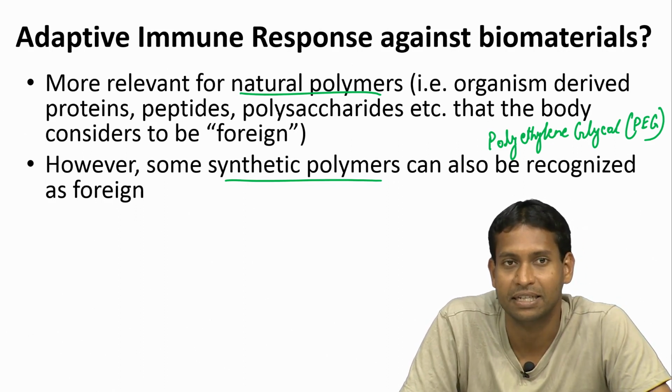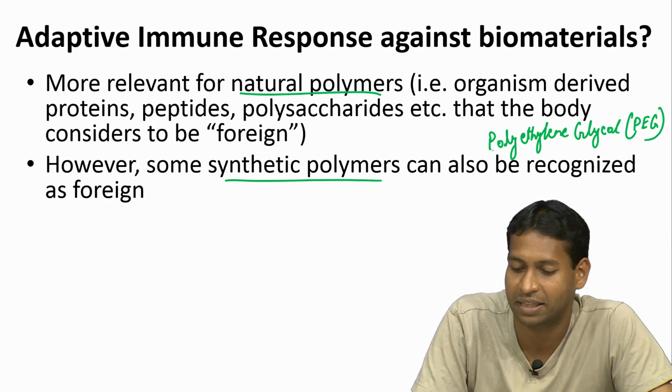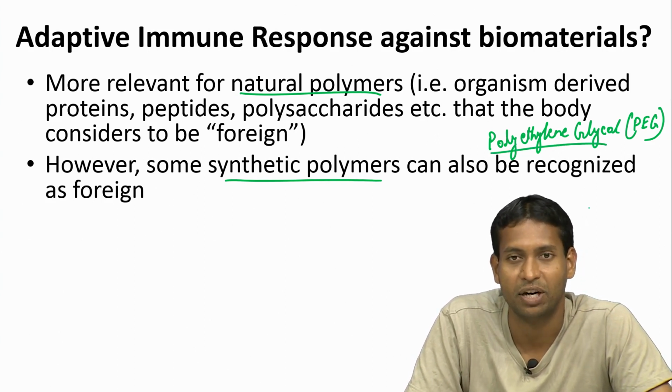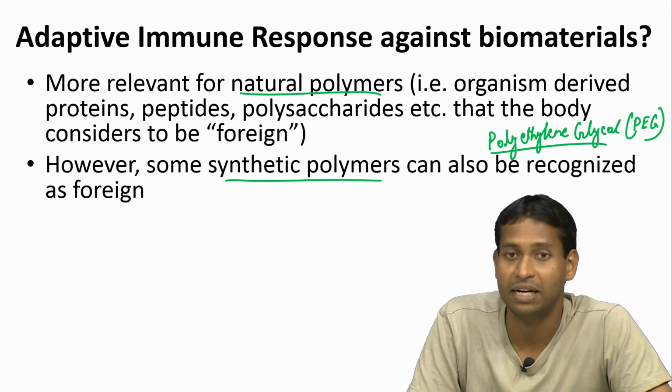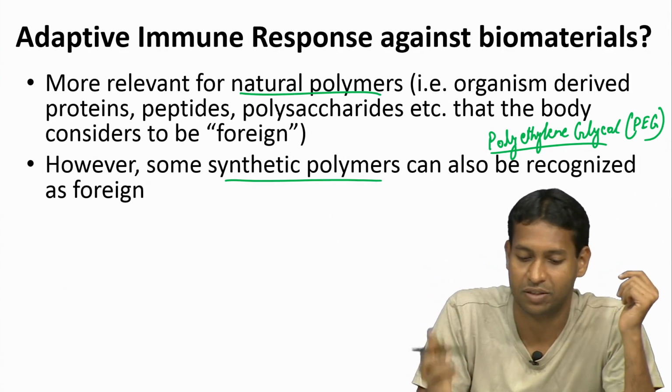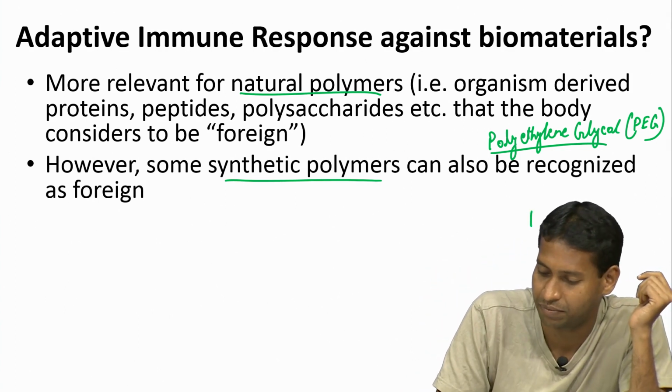But in this case, because this is a synthetic polymer, we were expecting that the body will not be able to recognize it, but what we started seeing is antibodies against PEG, and the antibodies are only formed through B cells. So you have these B cells